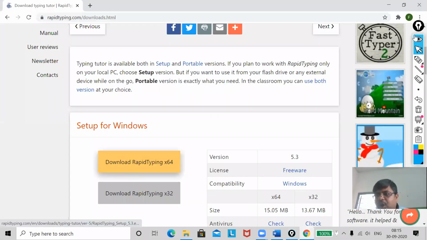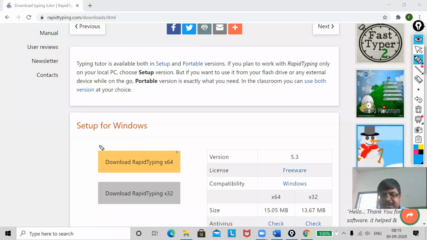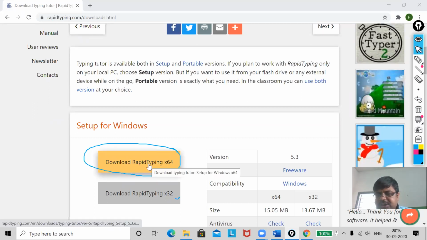So I will click on this button. If you have 32-bit, then you will click on this one. Got it? But my system supports 64-bit operating system, so I will click on this button.